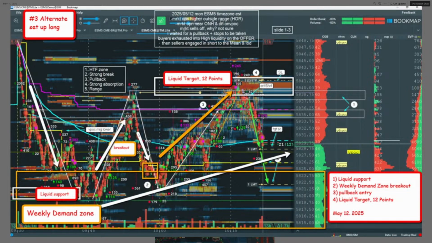You can also see on the slide, I tried to take that first lower high. I need that confirmation, strong absorption and the break of the trend line and a pullback. And it never came back, so I took those orders off. Then you see I got my setup, it traded into that liquidity, failed to take the liquidity on the offer. And then I got that break and a pullback and short. So yeah, I haven't been trying any adds or anything.